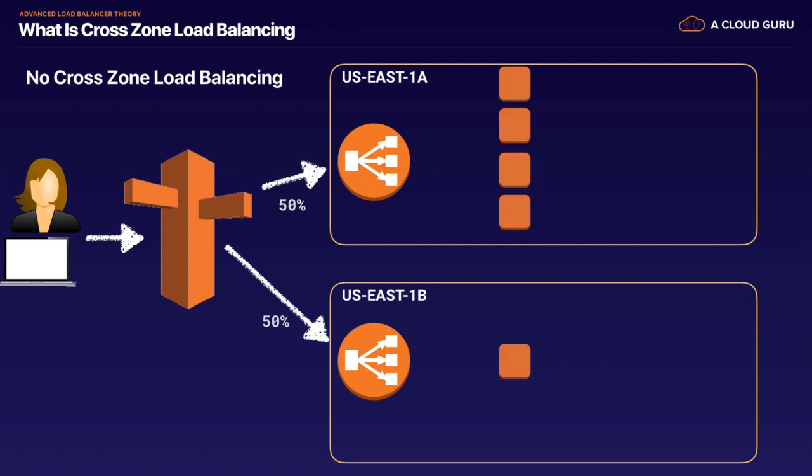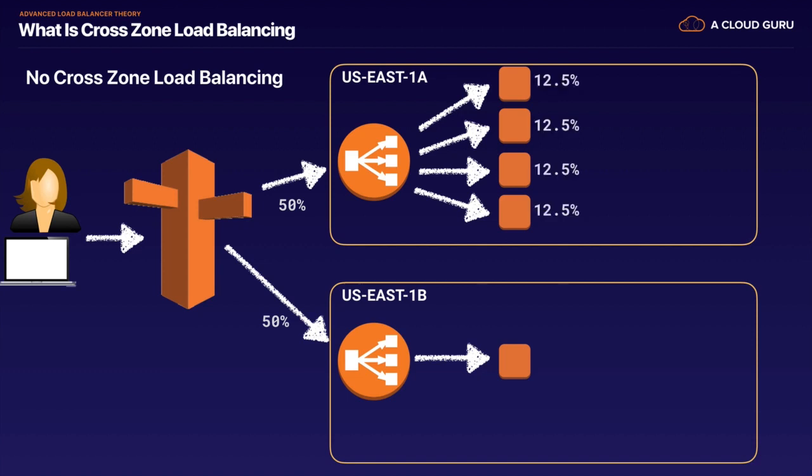So what happens then? Well, let's say in US East 1A, we have 4 EC2 instances, and in US East 1B, we only have 1 EC2 instance. Now, because we don't have cross-zone load balancing enabled, our load balancers cannot send traffic from one availability zone to another. So essentially what will happen is US East 1A will take its 50% of the traffic and send it to its 4 EC2 instances, and US East 1B will take its 50% of the traffic and send it to